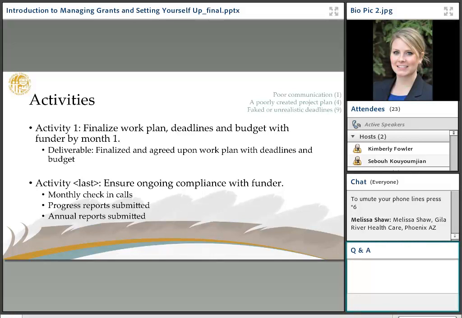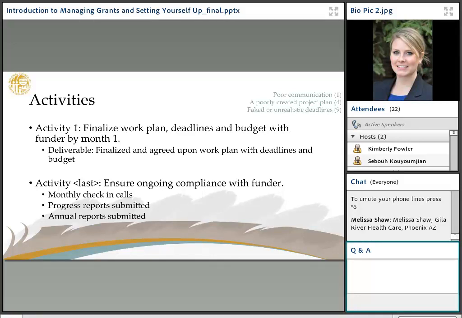And I know that might seem a little too simple to include that as a grant deliverable, but it also acts as another reminder for the project team on when to start preparing for the progress reports or the annual reports. It gets built into the timeline if you include it as an activity in the grant application itself. So again, these two activities I can't stress enough in your actual grant applications. I would encourage you to always include them. They're really, really low risk, and so shouldn't really impact your budget much.